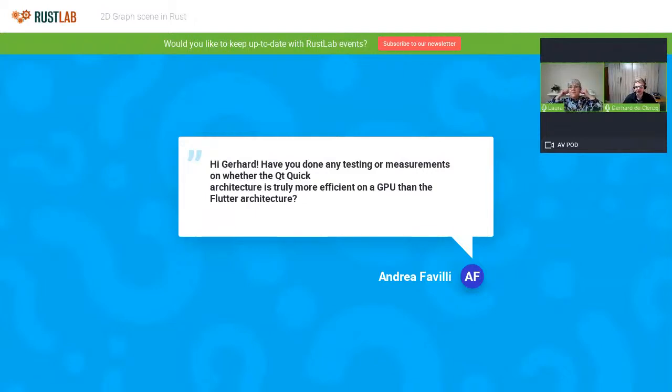No, so I haven't actually tested this yet. It's pretty complicated to test really just on an architecture level because there are so many other implementation details that you need to take into account. So it's really hard to have a fair comparison on just the architecture level. So right now I'm basing it more just on intuition that a more GPU-centric design should perform better. But I think we at KDAB are looking at this. So at some point we will do a more thorough evaluation of exactly what the performance differences are between at least Clercq and Flutter as they are implemented.